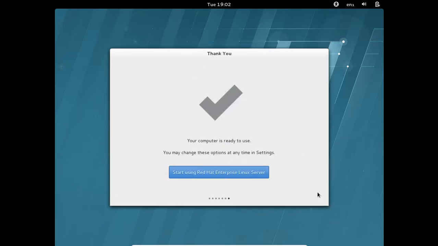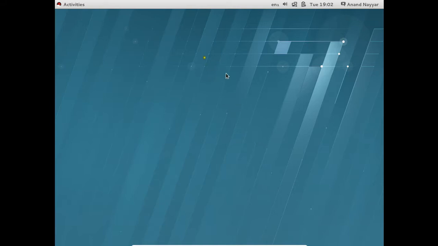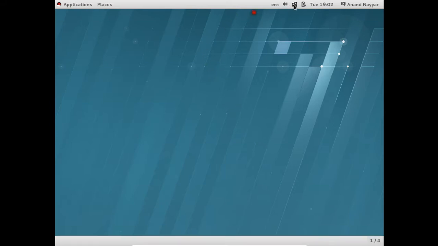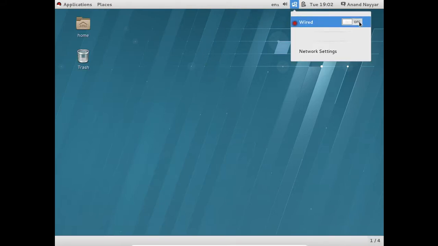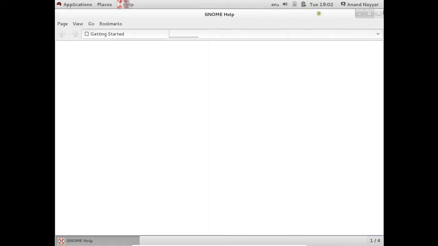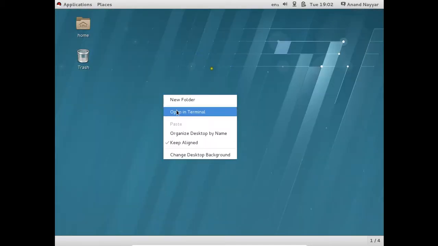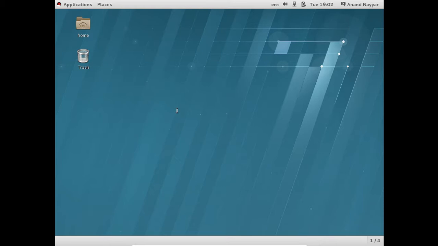So click on next, and now you can see that the computer is ready to use. So start using Red Hat Enterprise Linux 7 server. With this, we can see that everything has gone fine. So first of all, let me activate the network. I click on this and I close this. If I click on this, open terminal,